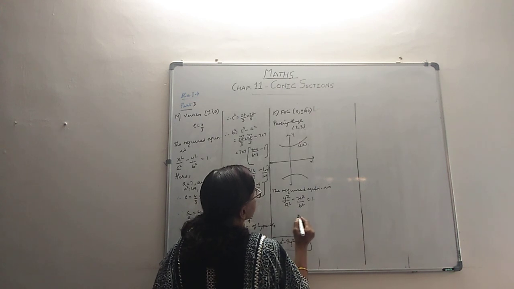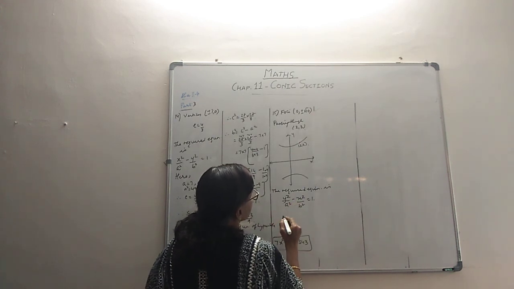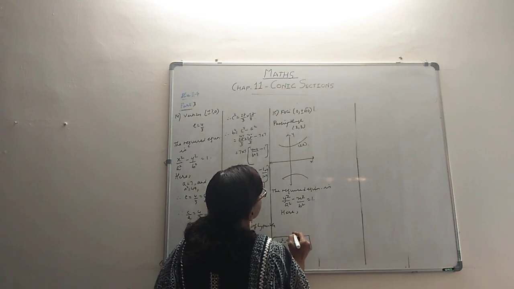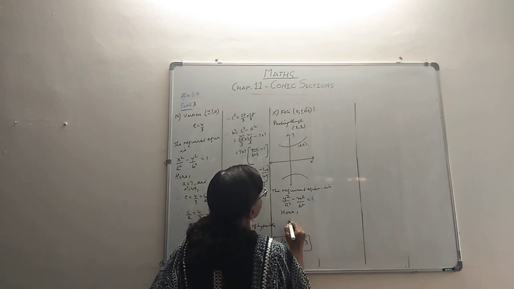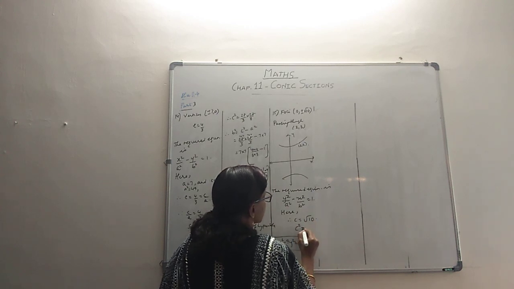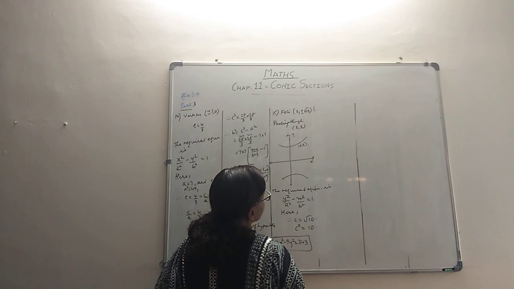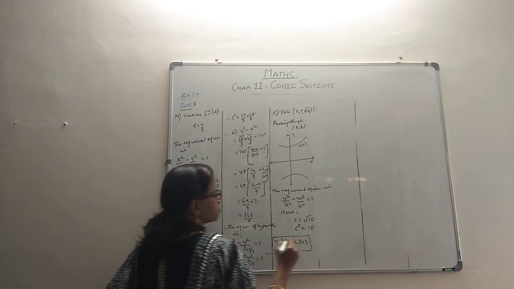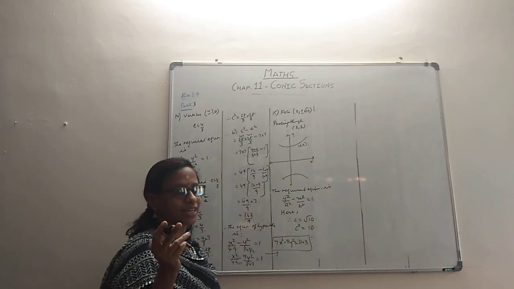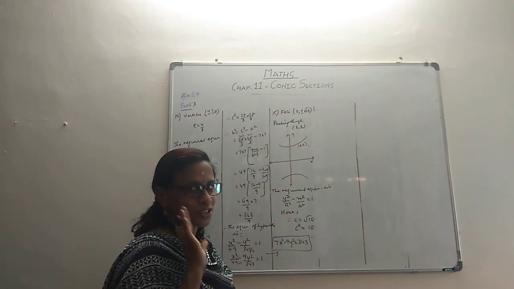Y squared by a squared, and then we look out for what is given to us here. We have the foci, which is of the type 0, c, so we get c as root 10. So automatically c squared is 10. We have (2, 3) passing, so it's belonging, and so it's satisfying x and y. Satisfying means substituting, all this is what we have learnt.